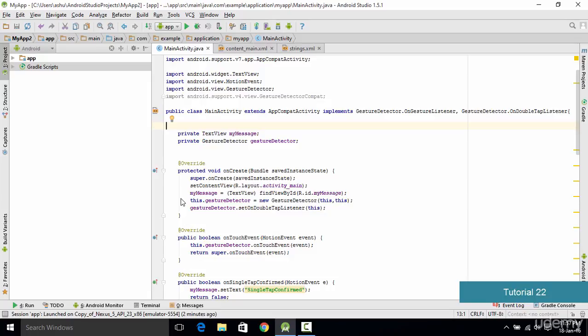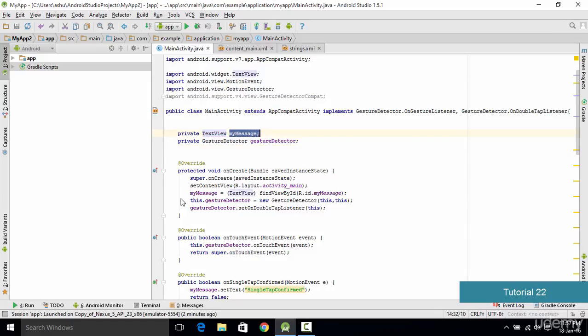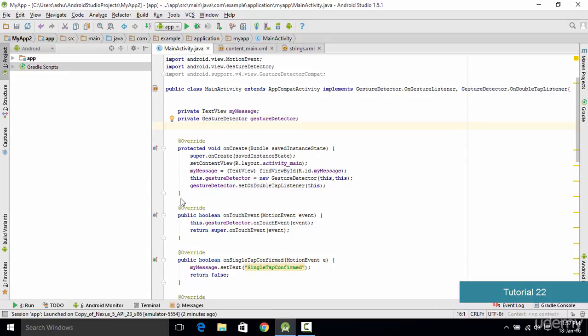For example, as in this case we wanted to detect gestures, we used the GestureDetector, and inside it we used the OnGestureListener. This is basically an event handler for gestures, and we also used the DoubleTapListener so as to detect the double tap. The next thing we did is create a TextView for my message, and create a GestureDetector. Then, as this was showing an error, because we have used implements but have not implemented the methods inside it,